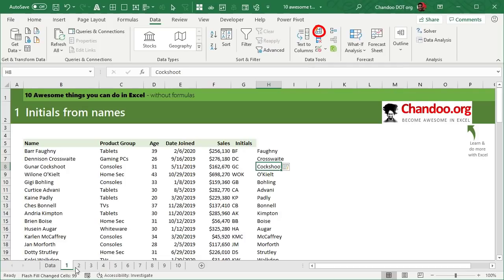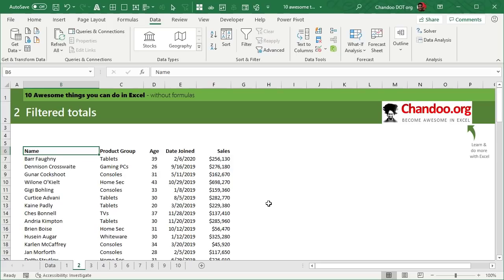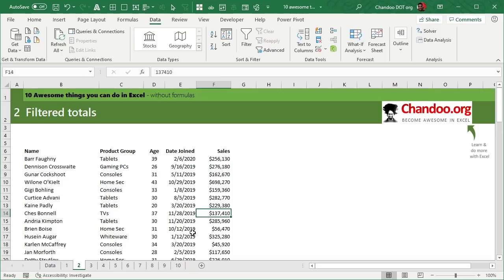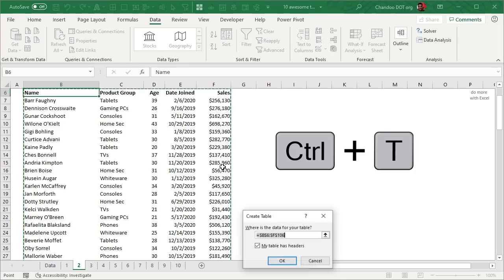So that's number 1. Number 2 is filter totals. So we have a bunch of values and we would like to, for example, do some ad hoc analysis on seeing what is the total for tablets or gaming PCs or whatever, but as you filter you would like to see the total. So the first thing that you want to do is take your data and turn that into a table. This can be done by selecting any cell and pressing Ctrl T,